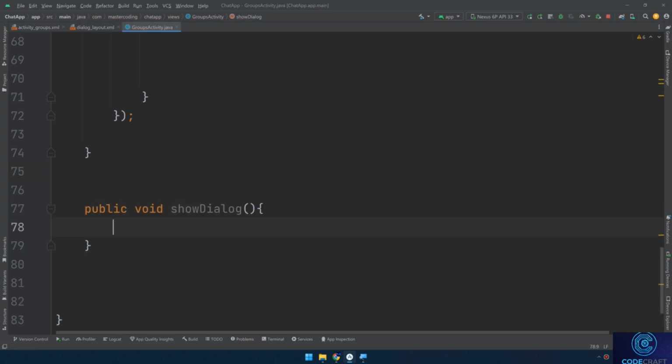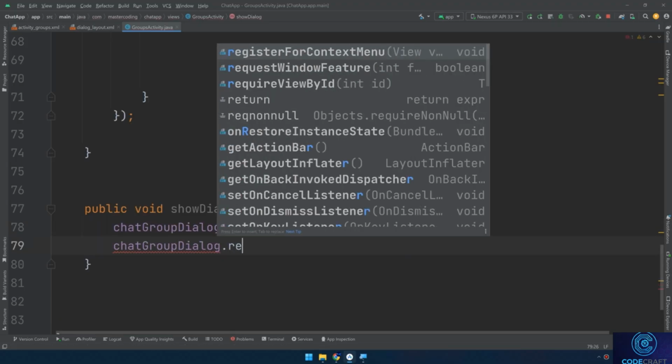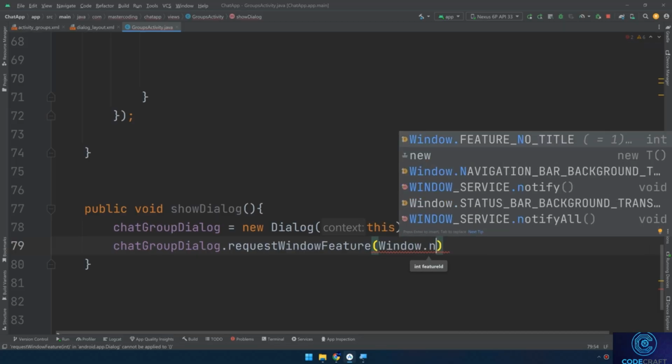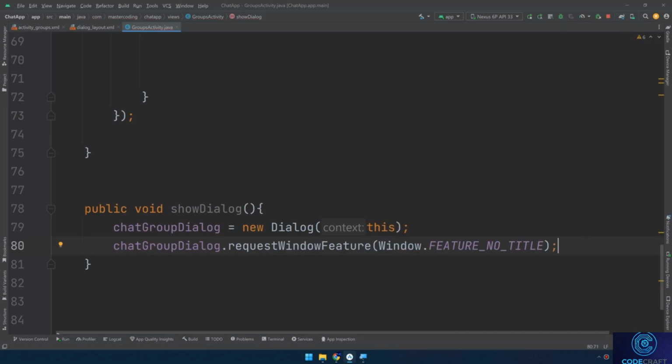I'll initialize the dialog, new dialog, and I'll pass this as the context. Dialog.requestWindowFeature Window.FEATURE_NO_TITLE. In Android, dialogs can have a title bar that displays a title or custom title view. By calling requestWindowFeature and passing feature no title, you are essentially telling the dialog not to display the